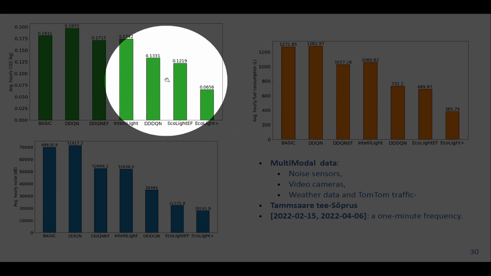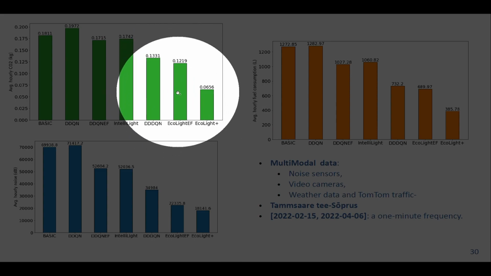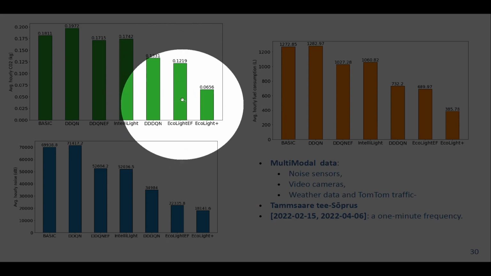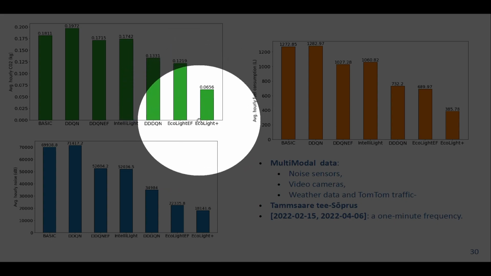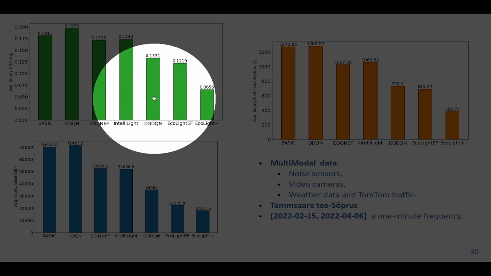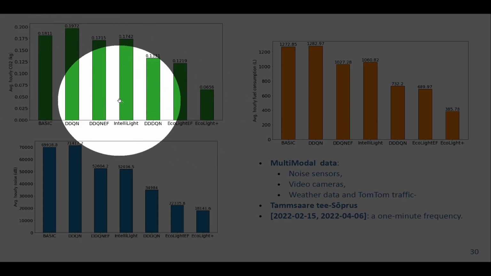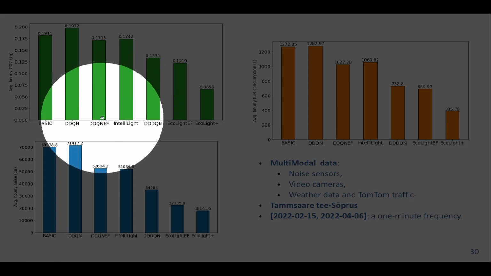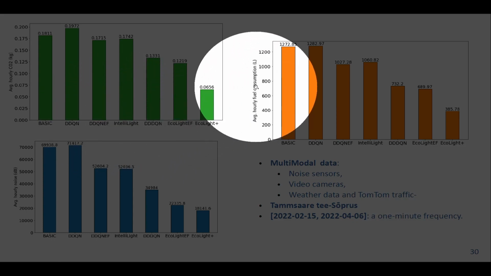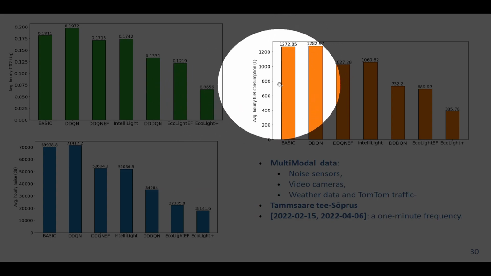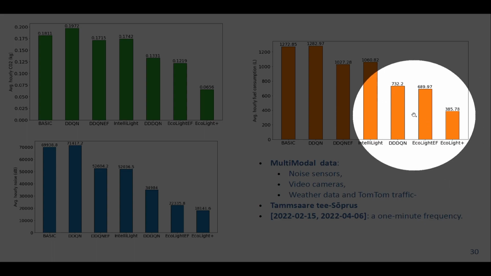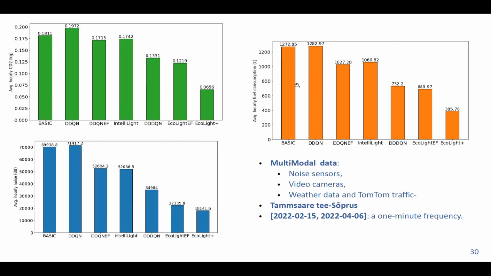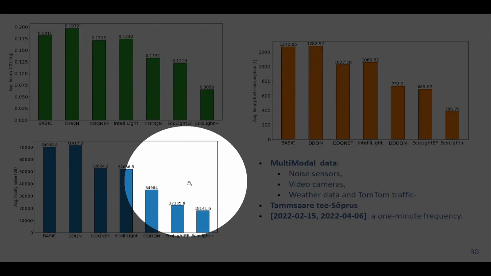And then the previous version, Ecolite, was what was tested in Helsinki. So what we see is that Ecolite Plus is outperforming all the other ones, the competitors, in terms of CO2 emission. In terms of fuel consumption, as you may see, we are largely outperforming all the other ones. And in terms of noise, we also